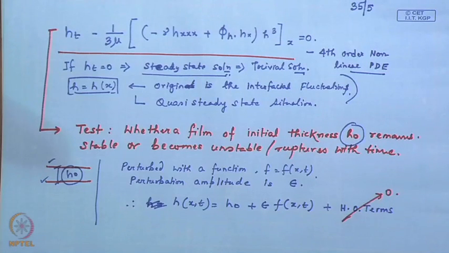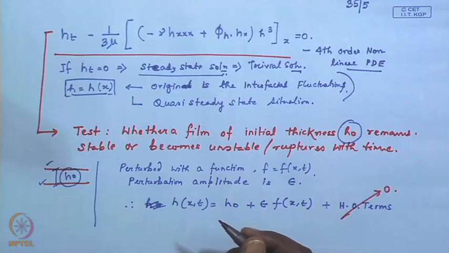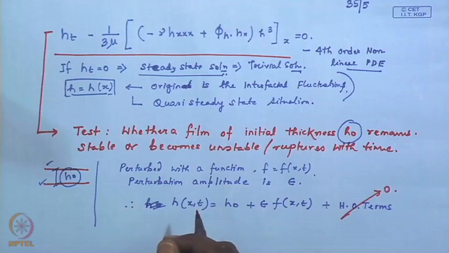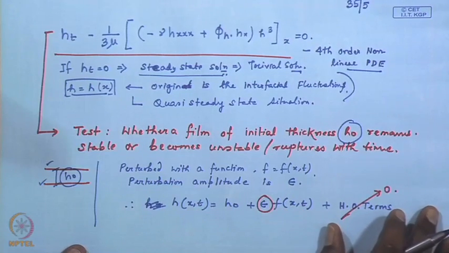So, essentially we try to find the stability of the solution by checking the stability of the thickness of the film by giving a small fluctuation around h equal to h0, and this perturbation amplitude